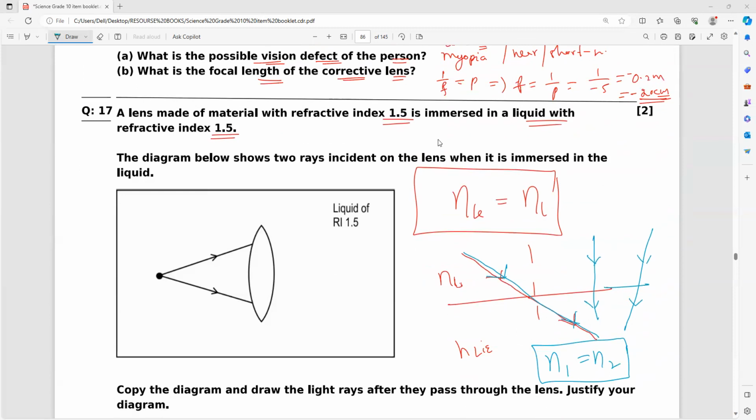So the diagram below shows two rays on the lens when it is immersed in the liquid. The liquid and the lens both have the same refractive index, which means light will go in a what line? Straight line. So just extend it with your scale and you'll get the answer. You write the reason. If you show the bending, be very careful. If you, there even they mention